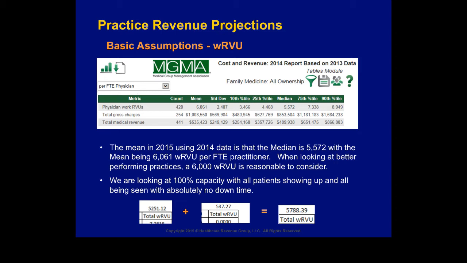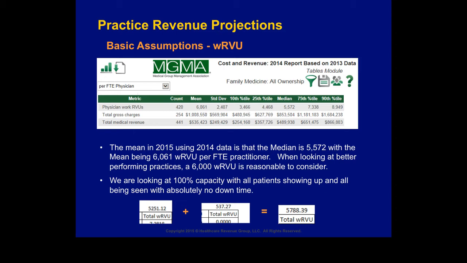So you know what? We came up with 5,000 and some. So down here we're 5,788. I took the 552.51 plus the 537 equals 5,788. 5,788 is between the median and the 75th percentile. I'm feeling pretty good that that's reasonable. I'm also going to come back and look at this when I look at my gross charges and medical revenue